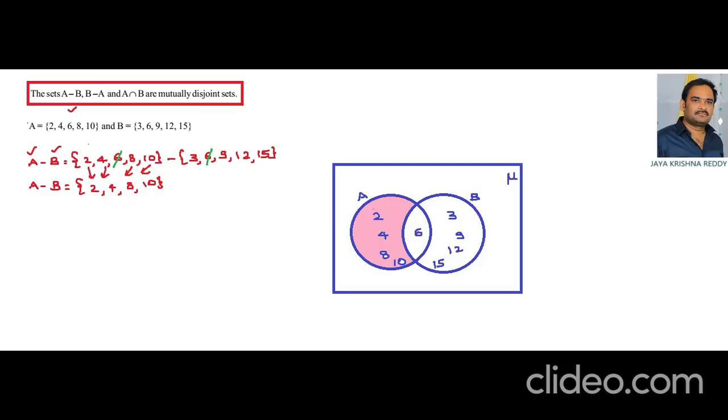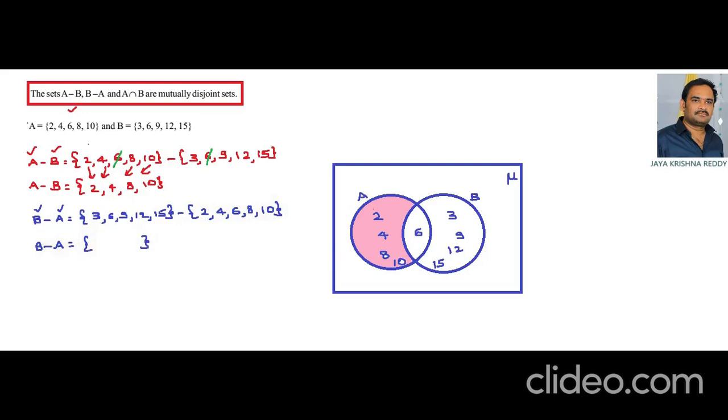Now let us find B minus A. Here we have the set B at first. So write the elements of set B: 3, 6, 9, 12, 15, minus another set. Next set we have is set A. So the elements from set A: 2, 4, 6, 8, 10. That is, B minus A equals to,